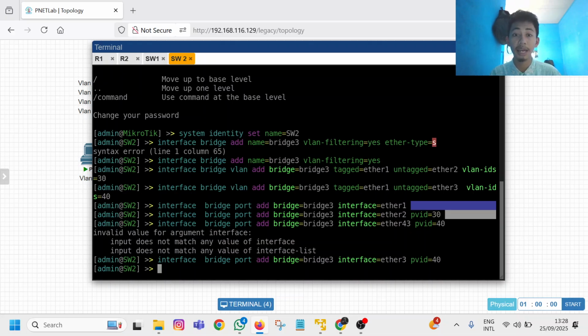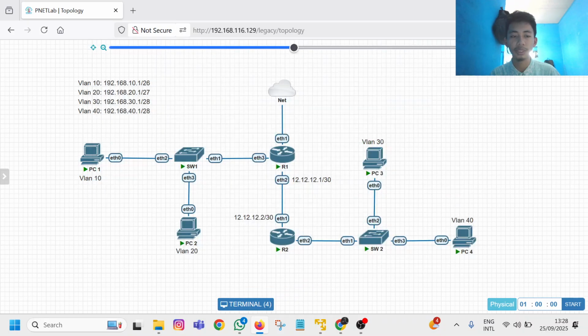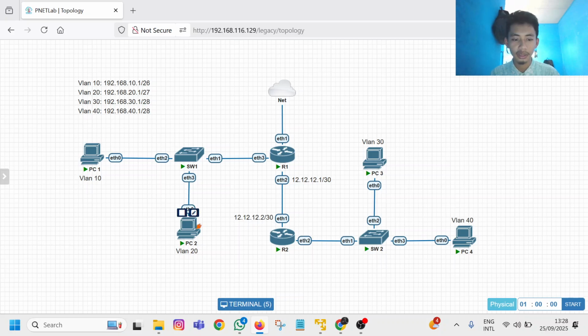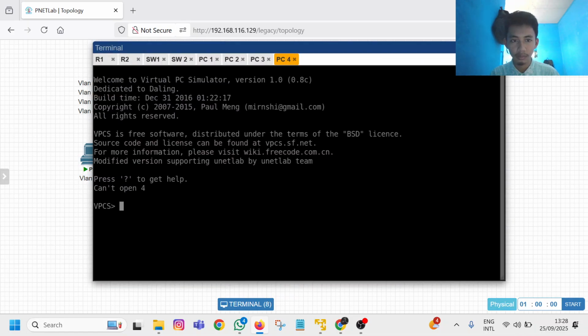Because we have already made the switch for the VLANs, we can go to the PC. Click this one. As you can see, the PC is not actually connected to the switch, because if we try to ping, it will show unreachable.